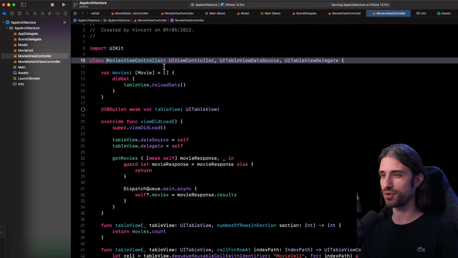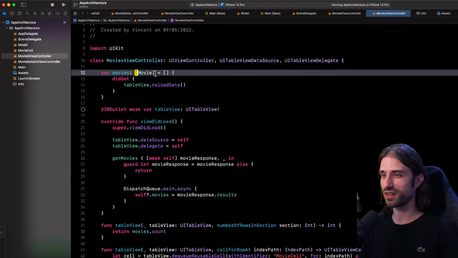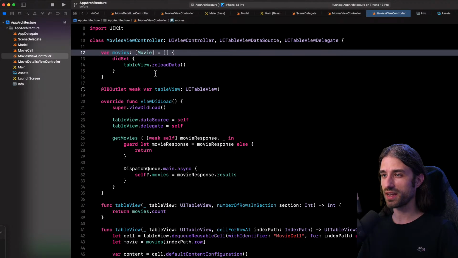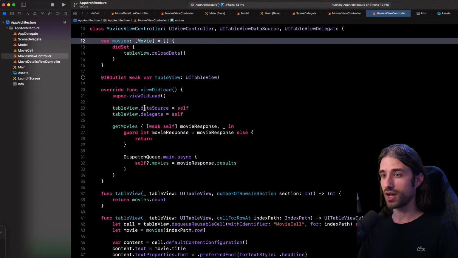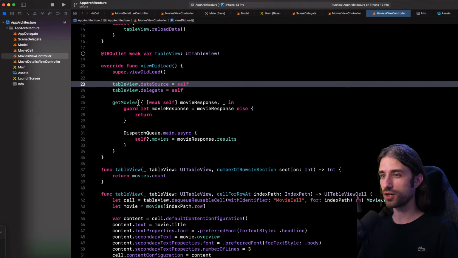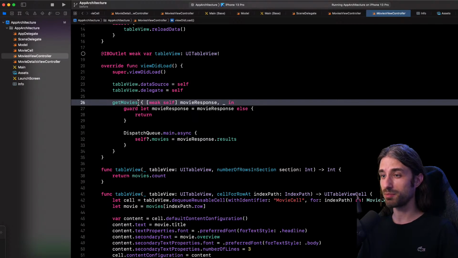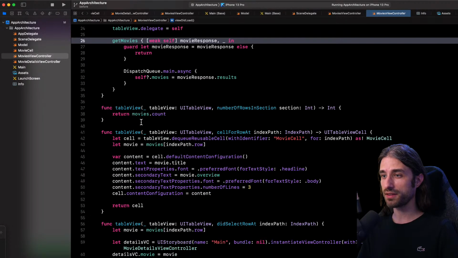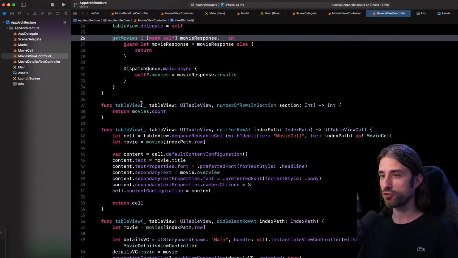So everything is happening inside this view controller in the sense that I've got the data to display. I've got also the logic to interact with the UI components, so here, the table view. I've got the logic to call the API and get the data. And finally, I've got the configuration of my table view.